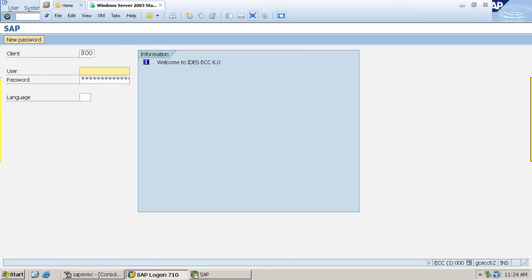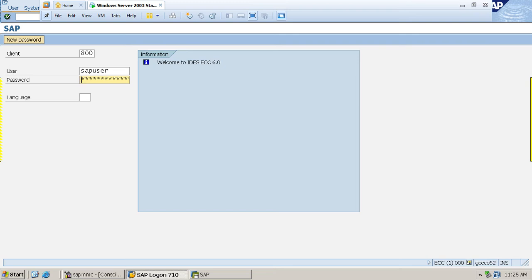Here the user ID is SAP user. SAP user. Remember, in the password the I is capital. Everywhere else the I is small, but here the I is capital. I means India123, with the I capital.